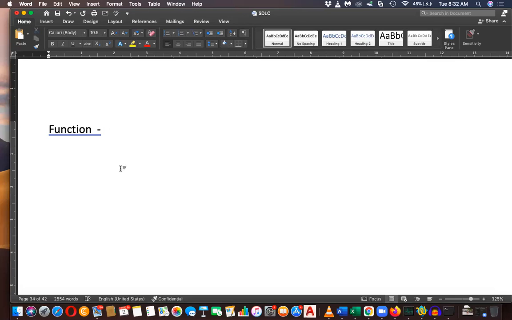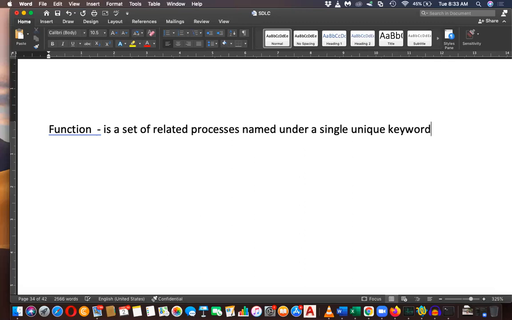So let's define a function. A function is a set of related processes named under a single unique keyword or identifier.